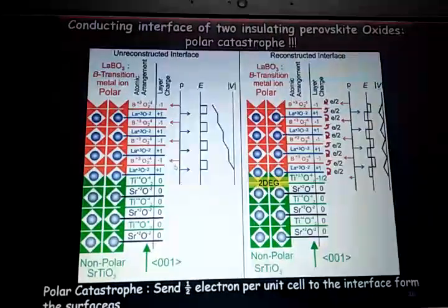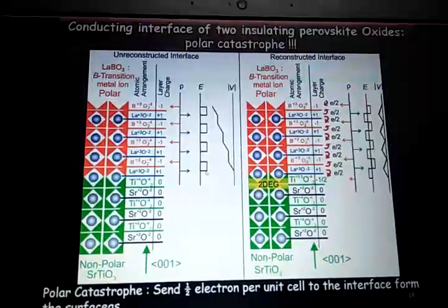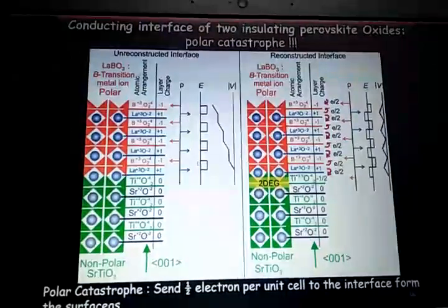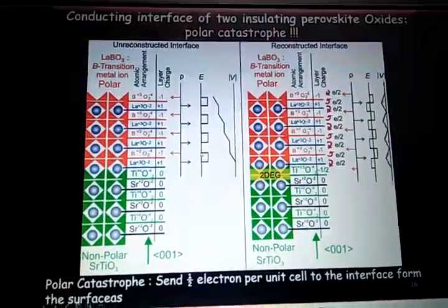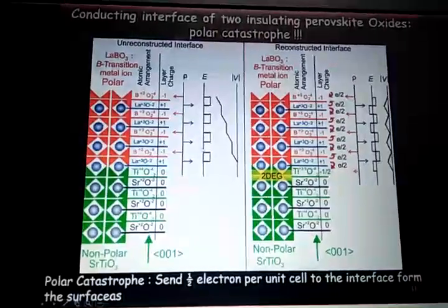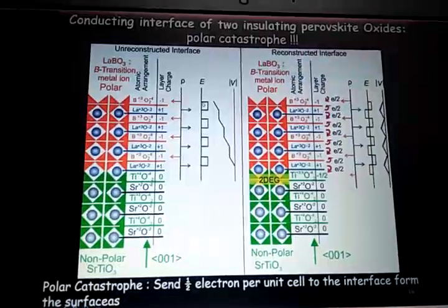So if you have +1, -1 charge, then you have an electric field from the +1 charge to the -1 charge, and in between you have 0 electric field. So you have a step-like electric field. You have electric field, no electric field, electric field, no electric field, and so on. What is electric